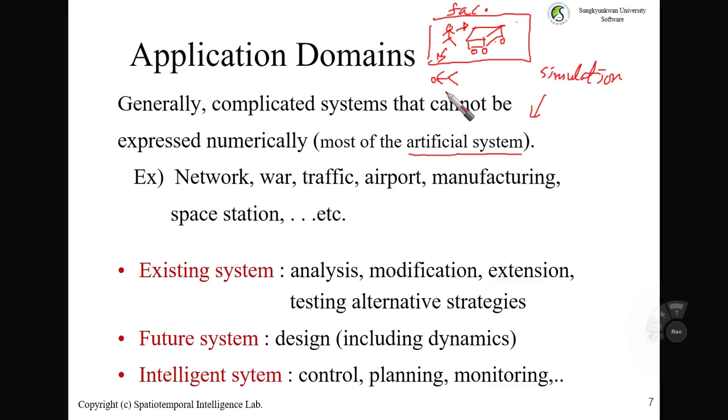Okay. So that's the reason why the simulation technology can be applied to artificial systems for solving problems. But not only to artificial systems, it can also be natural systems,